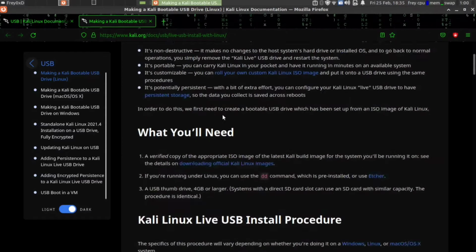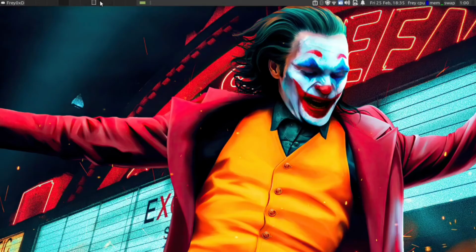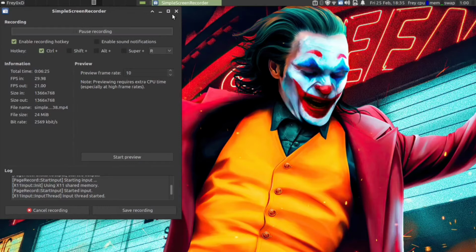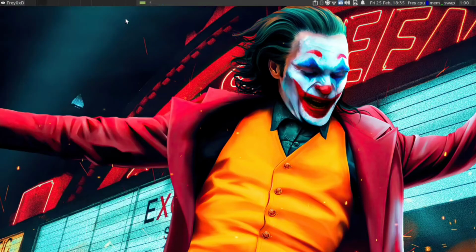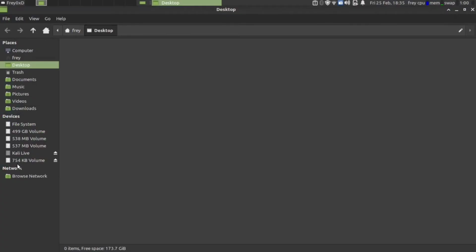But I think that's all. Now you have successfully made the ISO bootable on your pen drive. Okay, let me show you that. If you go, there is Kali Linux live, you can see this.